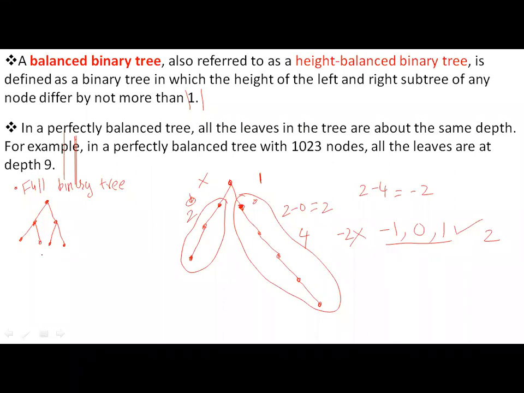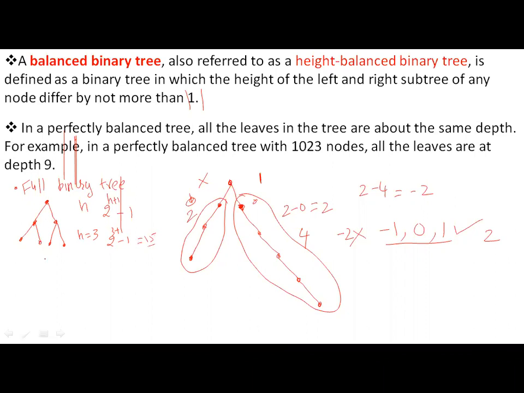Okay, what is the height of this full binary tree? 2 here. If the height of a full binary tree is h, then the maximum number of nodes present in this full binary tree is 2 power of h plus 1, minus 1. So 2 power of 2 plus 1, 2 power 3, 8 minus 1 is 7. So there are 7 nodes. Now, if the height is equal to 3, what is the maximum number of nodes in a full binary tree? 2 power 3 plus 1 minus 1. So 2 power 4, 16 minus 1 means 15 nodes will be present.